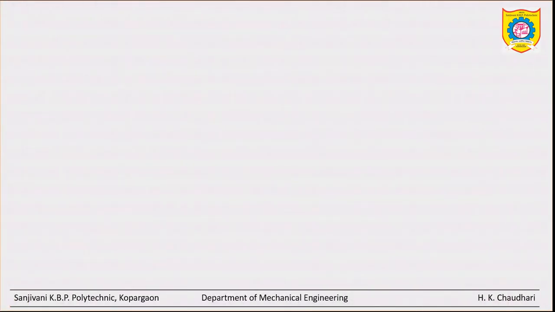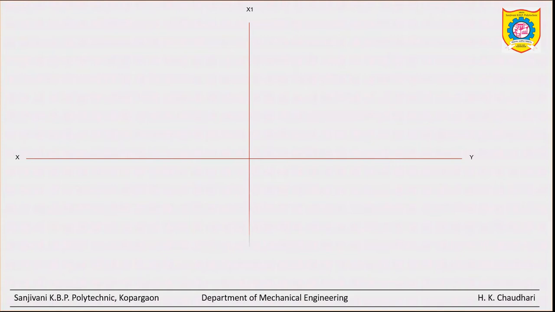So first of all, we have to draw the three views: front view, top view and one of the side views. We will draw the LHS view. Just draw the constructions. First draw XY horizontal line, then X1 Y1 vertical line. This X1 Y1 separates the front view and the side view, as we know. Then draw this 45-degree inclined line to project from the top view into the side view.